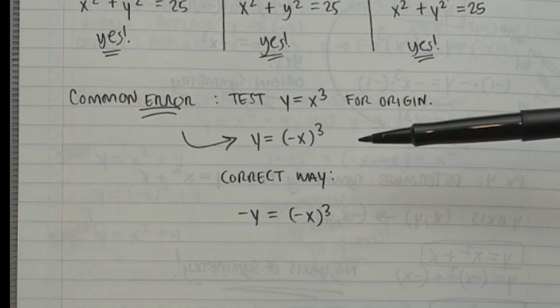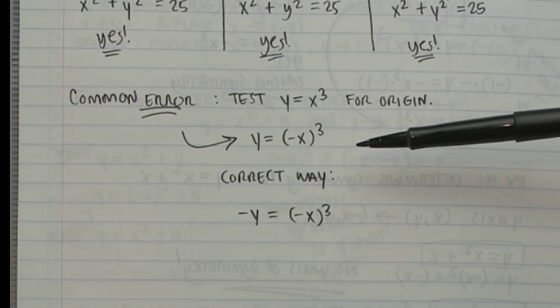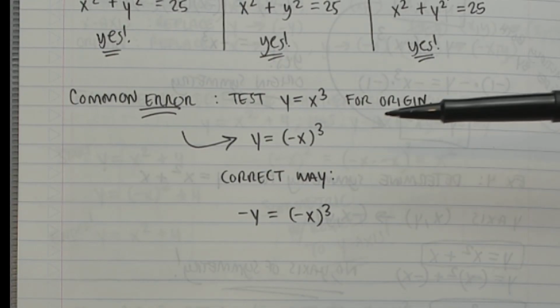So remember, again, for y-axis symmetry, change x. For x-axis symmetry, change y. And for origin symmetry, change both. Then simplify completely and compare the result with the original equation. So just to review,